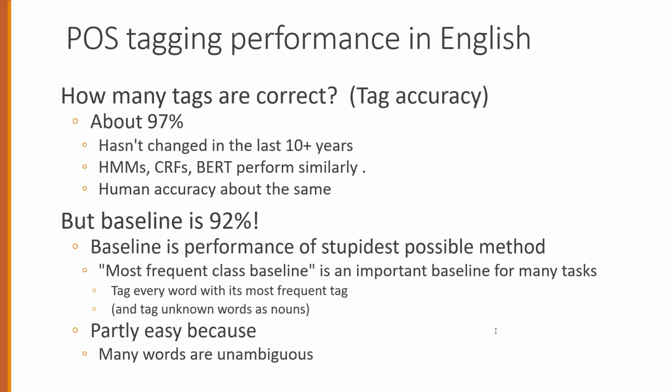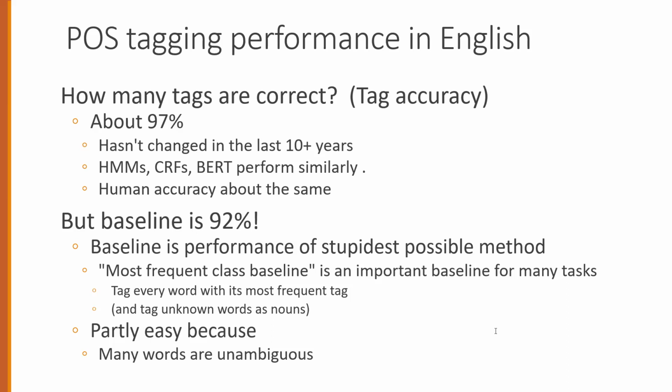So how accurate are modern POS taggers? In fact, they're quite accurate, for English at least, and for a few other languages also, where we have sufficient hand-labeled training data and which have sufficiently simple morphology. Tagging is a mostly solved problem. The accuracy, that is the percentage of tokens that the tagger assigns the correct tag to, is about 97%.